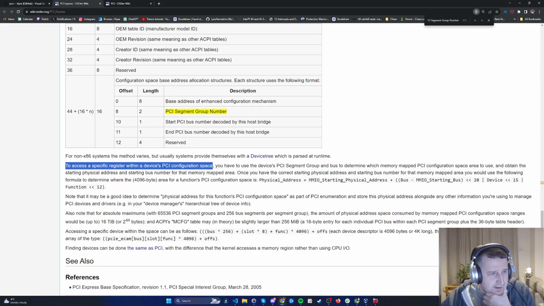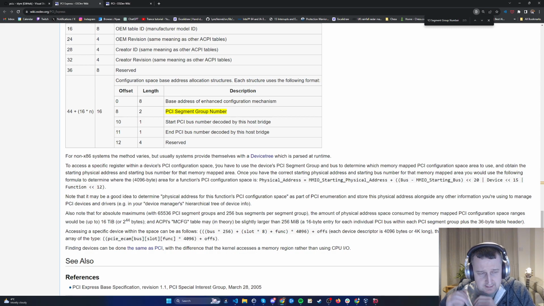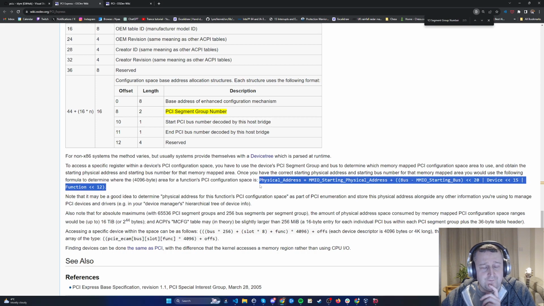So the more I'm thinking about this is that there are devices connected to the motherboard and they're making claim to an area of RAM. And once you know a device ID that you want to interrogate, you use this formula here to find the location of where that device is memory mapped onto. So this isn't exactly